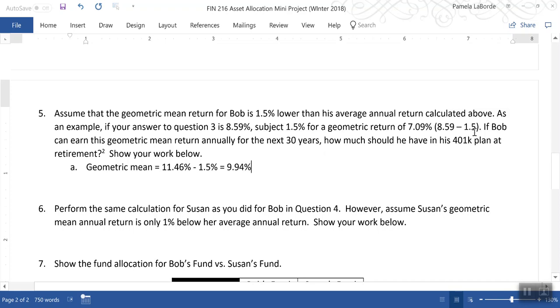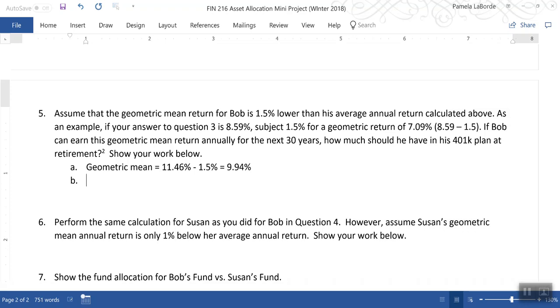So the question then says, if Bob can earn this geometric mean return every year for the next 30 years, how much should he have in his 401k plan? So now you would just plug this 9.94% into your calculator. So you go in as 30. I is the 9.94%, although you don't type the percent sign in your calculator. Present value,